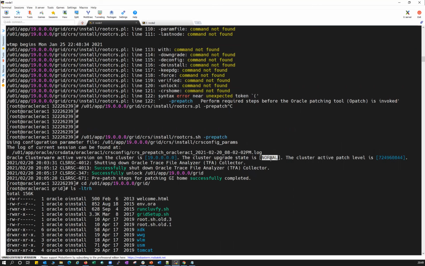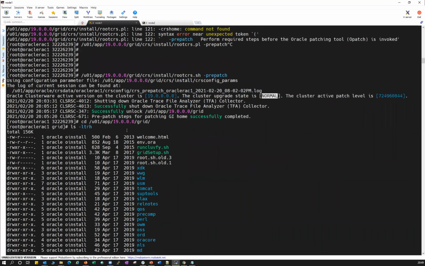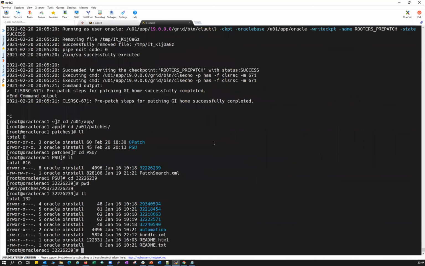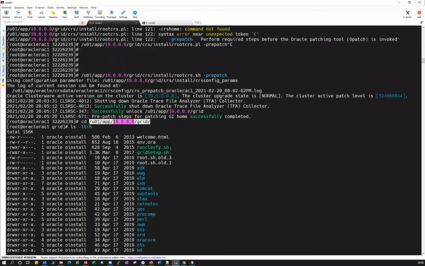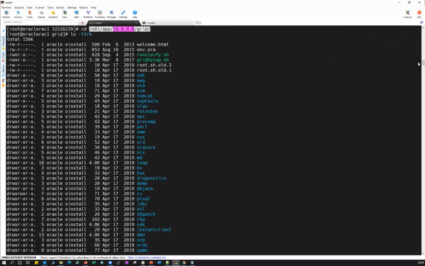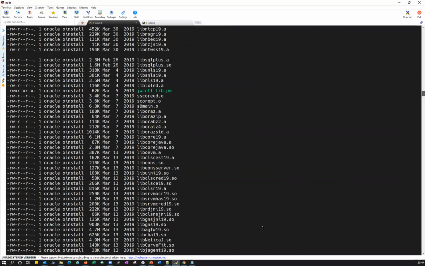Rolling upgrade mode means you will be able to bring up any of your cluster nodes even if your cluster is in a mismatch state. That is, you have patched node 1 to 19.10, whereas node 2 is on 19.3. Even though there is a patch mismatch, I will be able to bring up my cluster here, because that is the advantage of rolling upgrade mode.